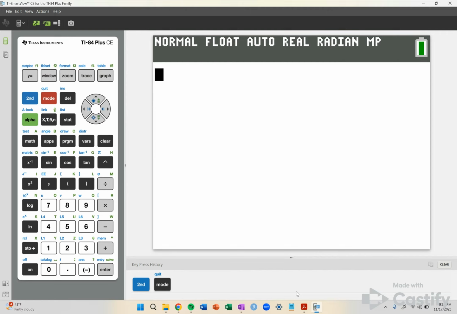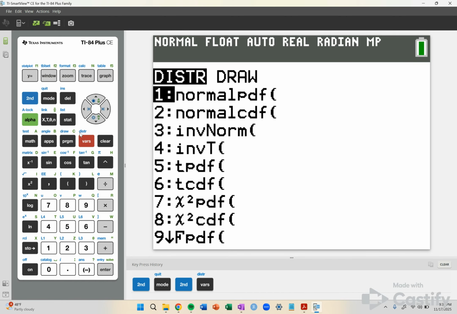All right, in this video, I'm going to show you how to use a TI-84 to get probabilities from normal distributions without needing to use the standard normal table found in your AP Stats formula sheet. So first thing you want to do from the home page is navigate to the list of distributions in your calculator menu. So to do that, you click on Second, and then this VARs button to get to the distributions